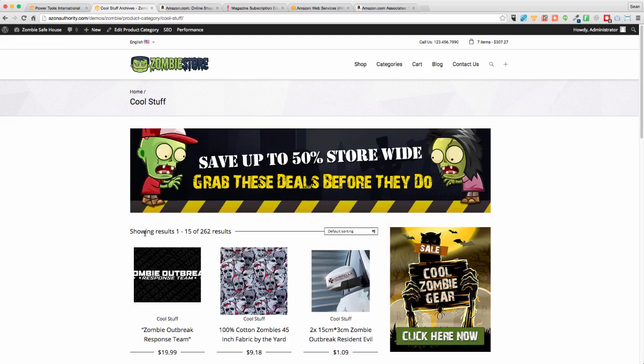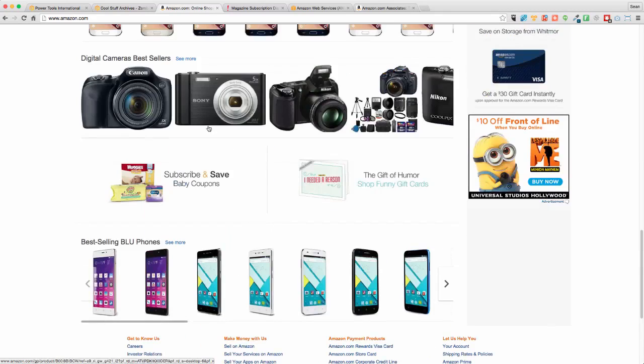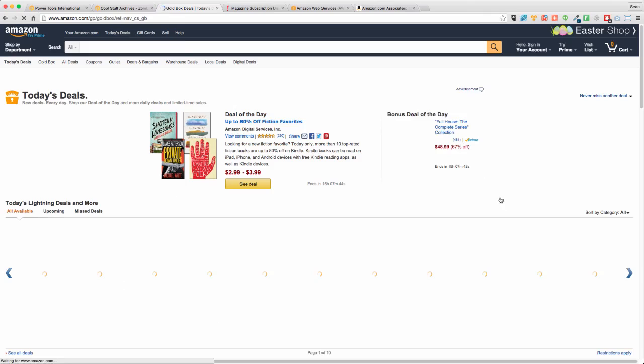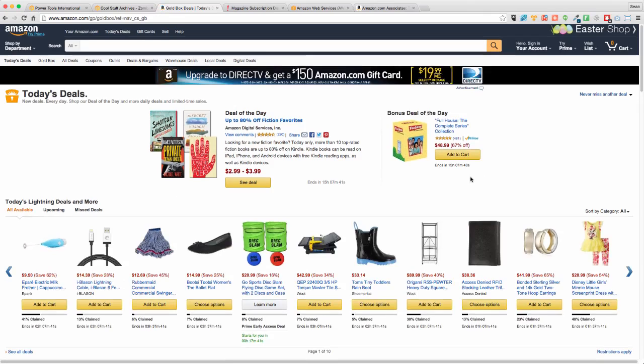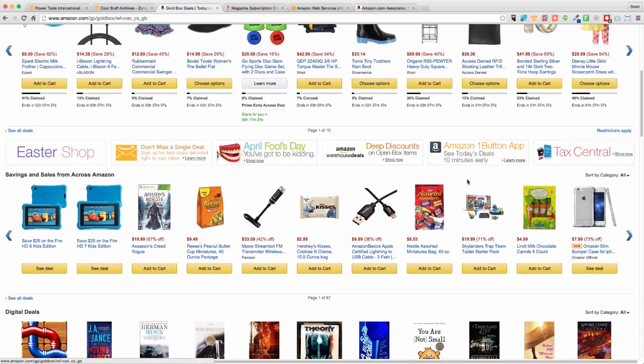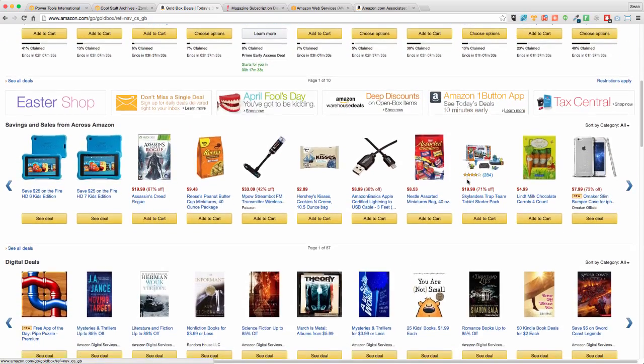Now, if you want to create a brand new store from scratch, one of the first places I start is going to Amazon itself. If you're logged out, you're not being targeted with products you've already been proven to like. We look at today's deals. What's going on at Amazon? What are they trying to sell? What is being sold right now? You'll get all sorts of crazy stuff, and maybe some stuff that will give you some ideas.